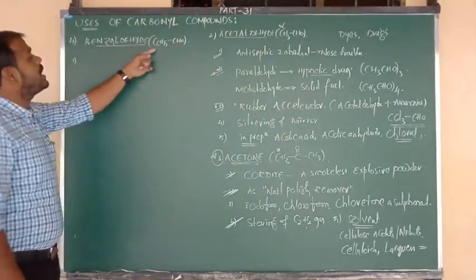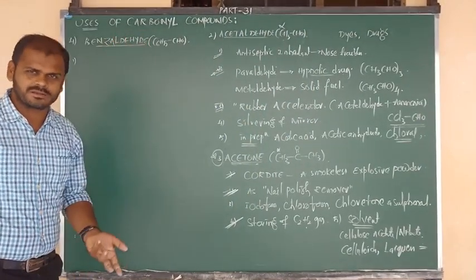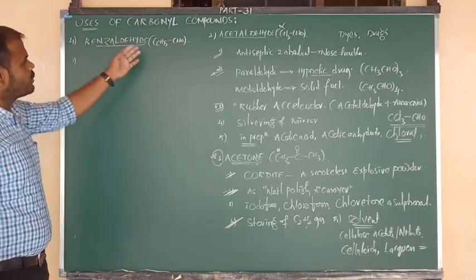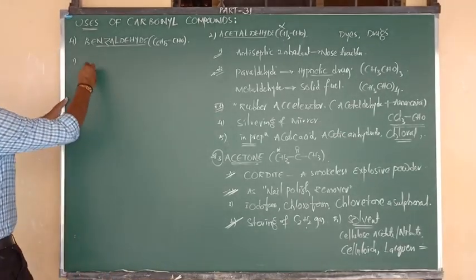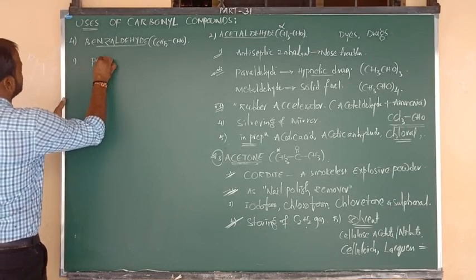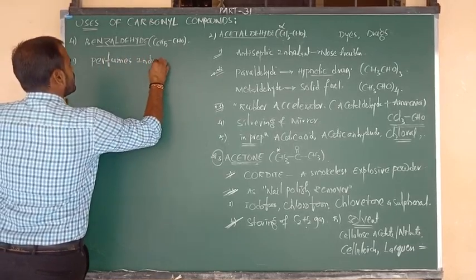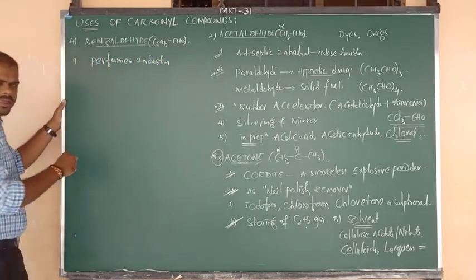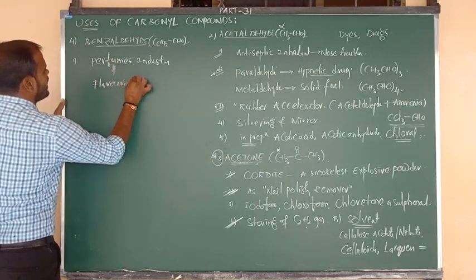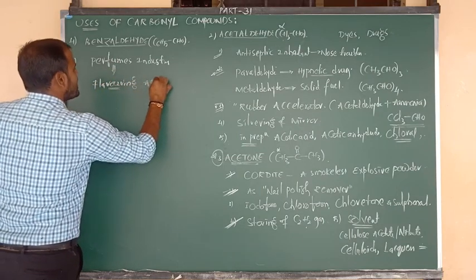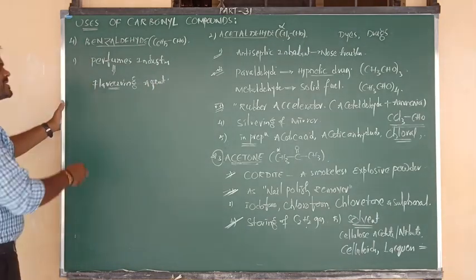So benzaldehyde contains a number of carbons, and it is also a bulky complex compound compared to formaldehyde. So due to the presence of the number of carbons, we have to say its nature is fragrant. So it can be used in the perfumes industry. In the perfumes industry, benzaldehyde can be used as a very important flavoring agent. Flavoring agent. You get a good odor, the smell will be good beta.